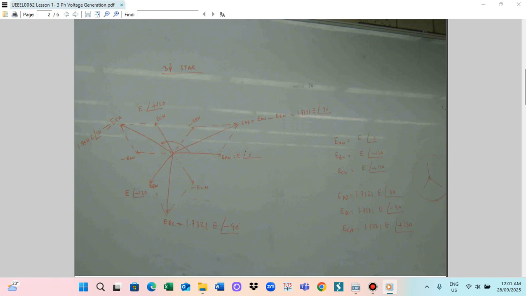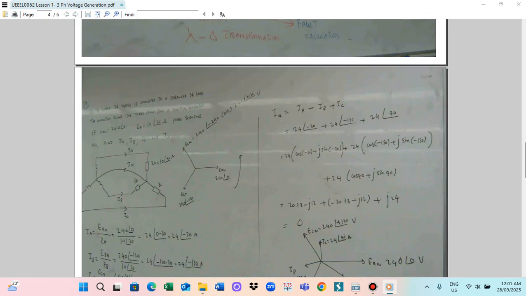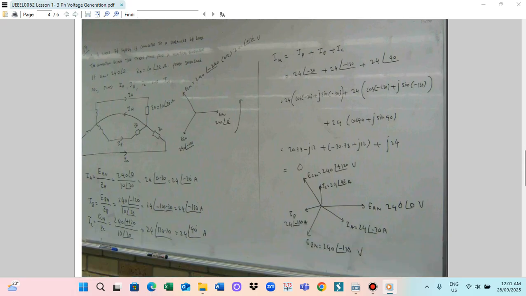Then we can start on problem 1. If VAB is equal to 240 angle 0 degree volt and VBC is equal to 240 angle minus 120 degree volt. That red line there, that BC, it's just supposed to be a straight line. Yes, the BC should be a straight line. But when we join them,